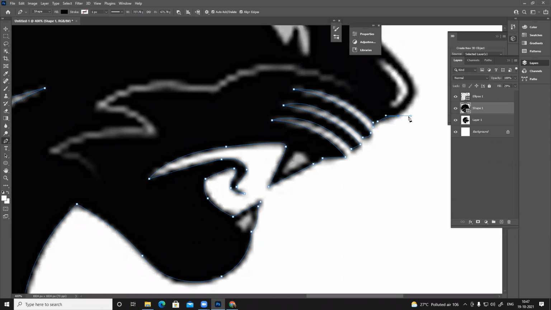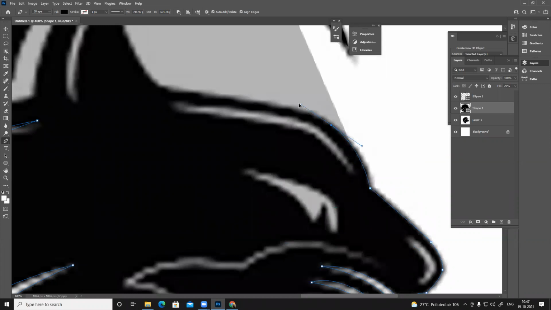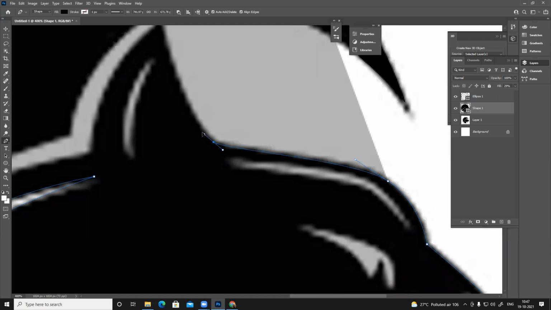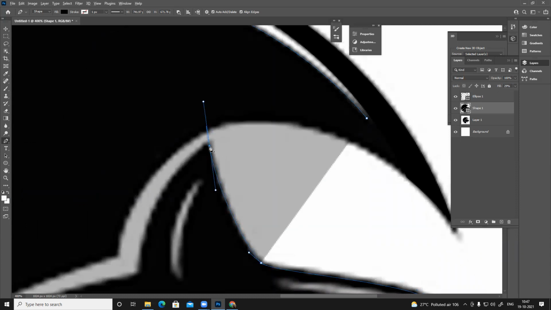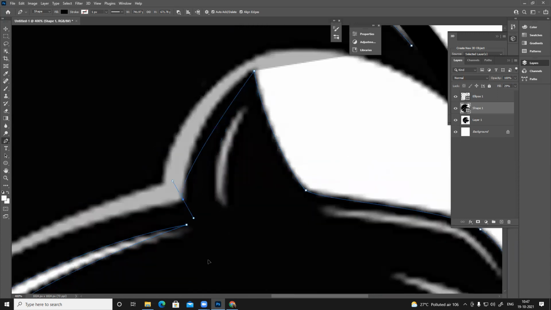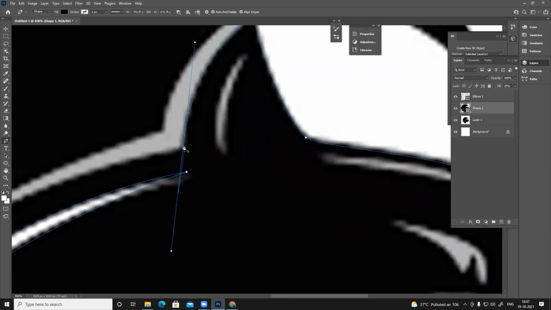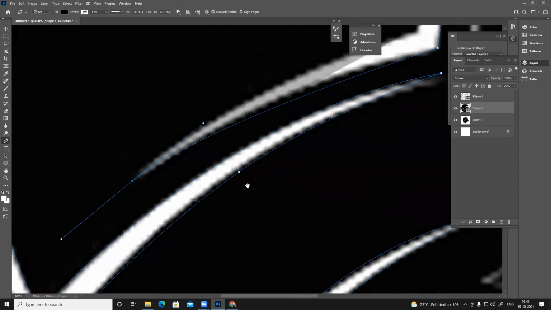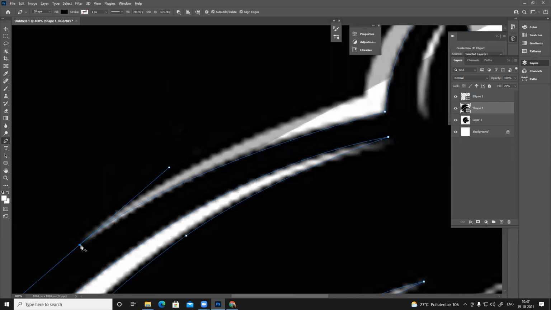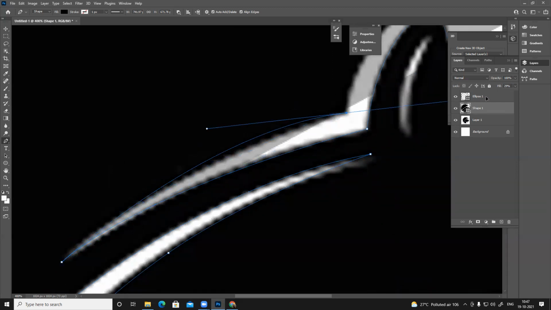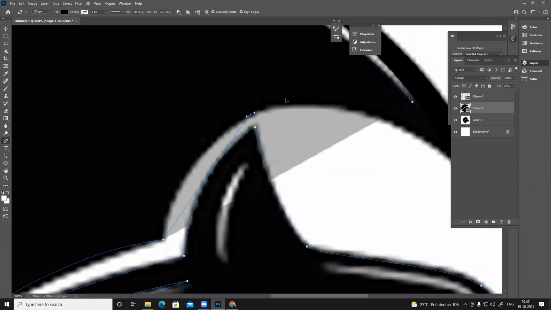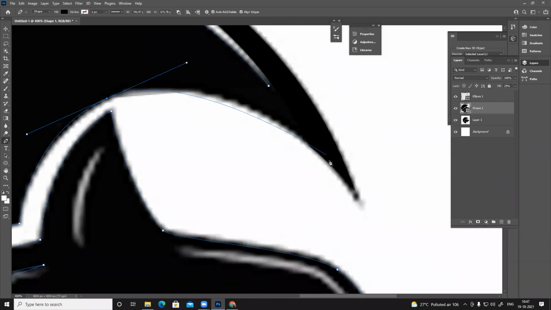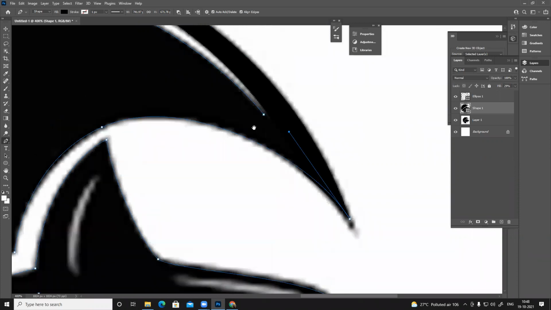Keep everything clean as much as possible. Shape to match. And finish it.